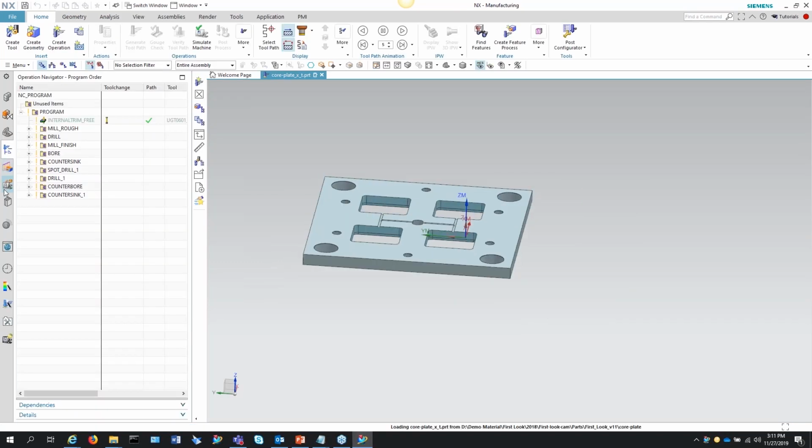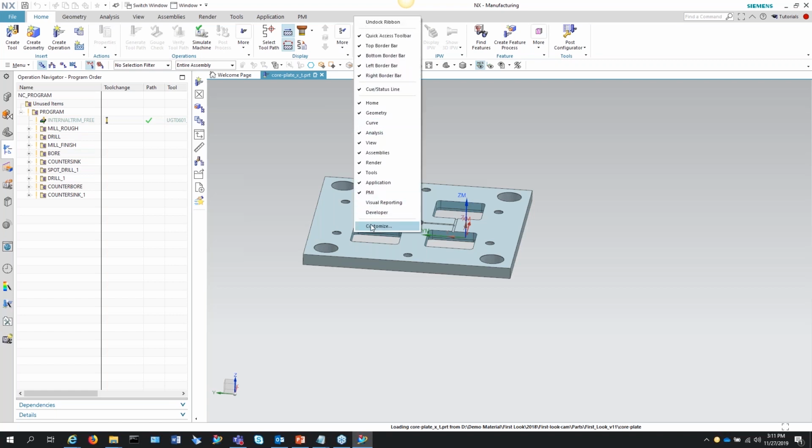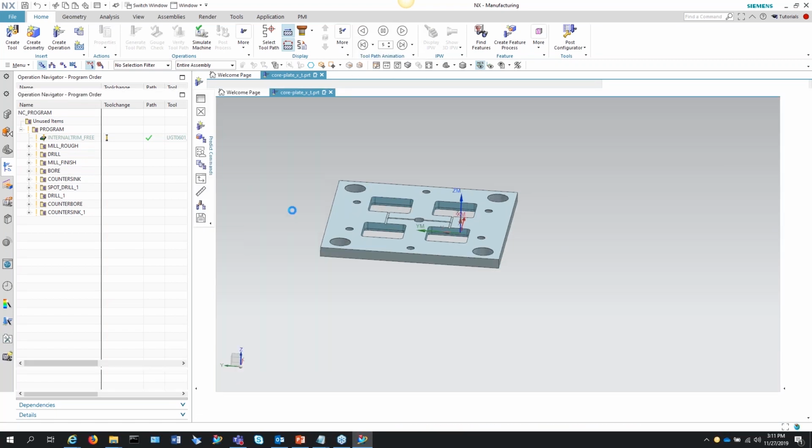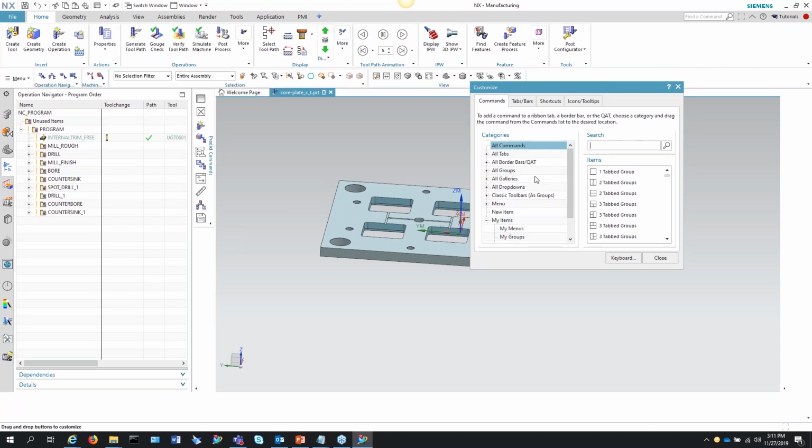So here are your navigators, as I was saying, on the left-hand side. And this here is your ribbon. And these are your tabs up top here. Now, to add or remove tabs, like for me personally, assemblies, PMI, those are all added tabs. You just right-click in the tan bar and customize. Now, this is where you find information, where you find operations or functionality, and then you drag them into the